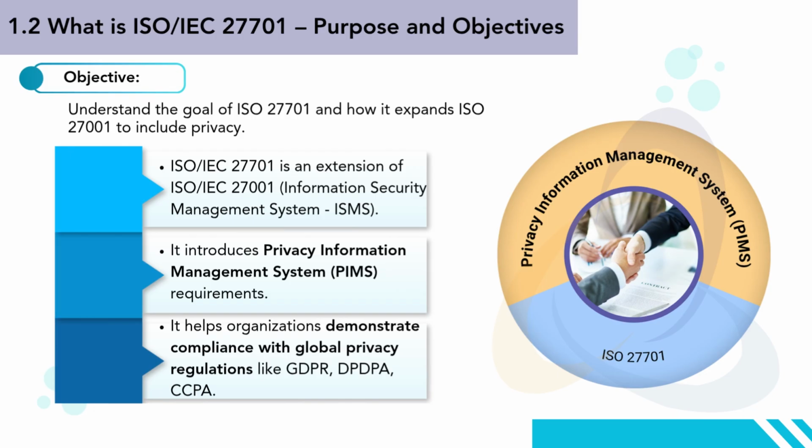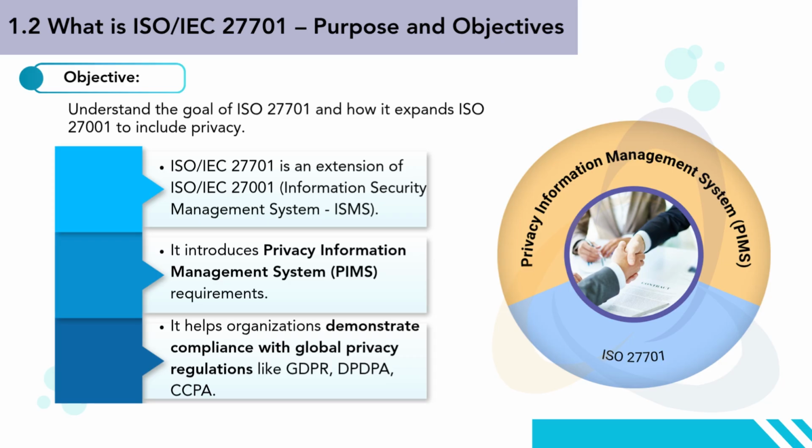This section explains the purpose and objectives of ISO IEC 27701, emphasizing how it builds upon ISO IEC 27001 by expanding its scope to cover privacy. While ISO IEC 27001 focuses on information security management systems, ISO IEC 27701 introduces the concept of a Privacy Information Management System, or PIMS, to address the growing need for protecting personal data. It provides a structured approach that enables organizations to establish, implement, and improve privacy controls alongside their existing security